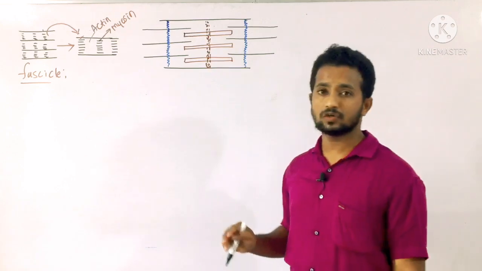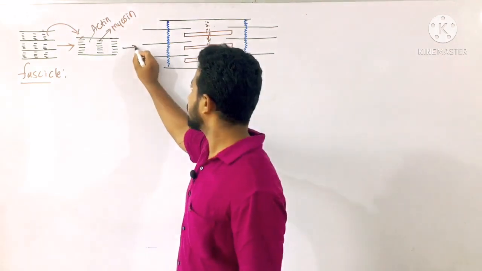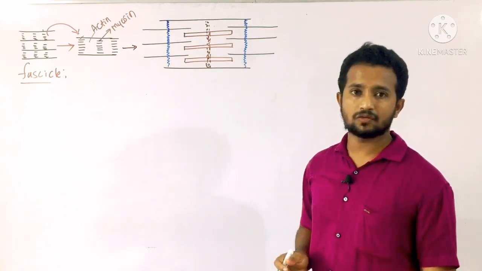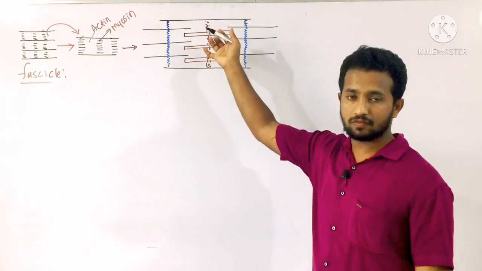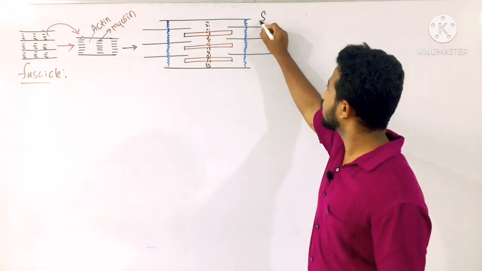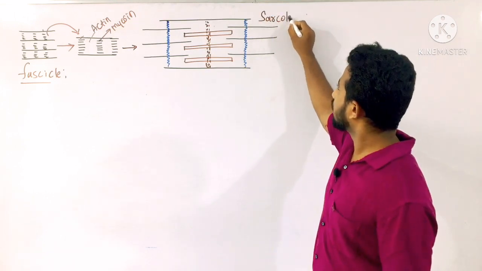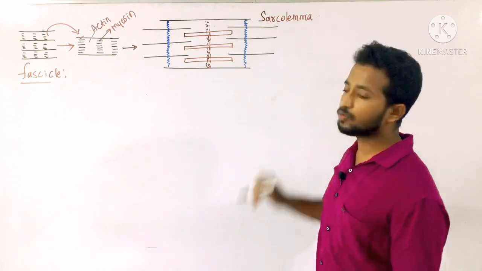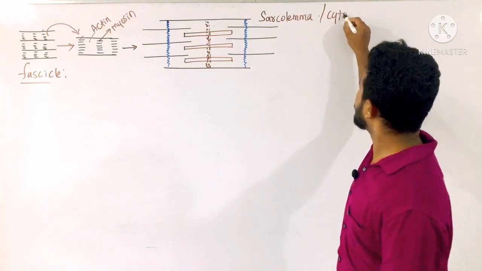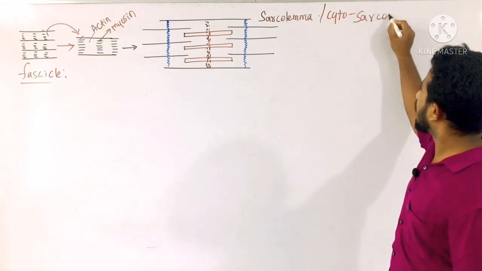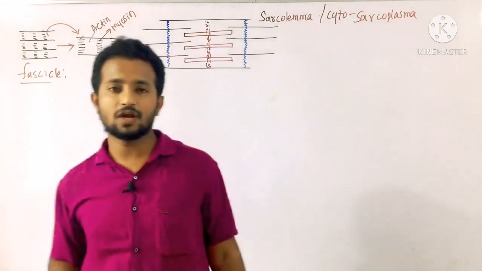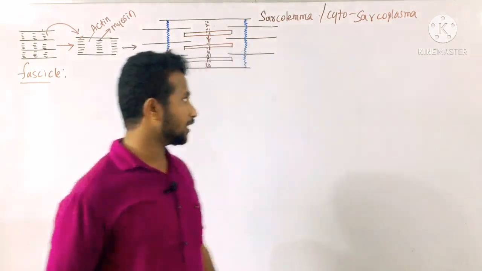These are the two important proteins which are present in the muscle tissue. And in the last class we studied the complete, very detailed structure, when we look at the higher resolution of the microscope, the structure of skeletal muscle. It is the outermost layer which is called sarcoplasma, not the sarcoplasma. Sarcolemma is the outermost membrane of the skeletal muscle. Fluid content or the cytoplasm is called sarcoplasma, and the endoplasmic reticulum is called sarcoplasmic reticulum.